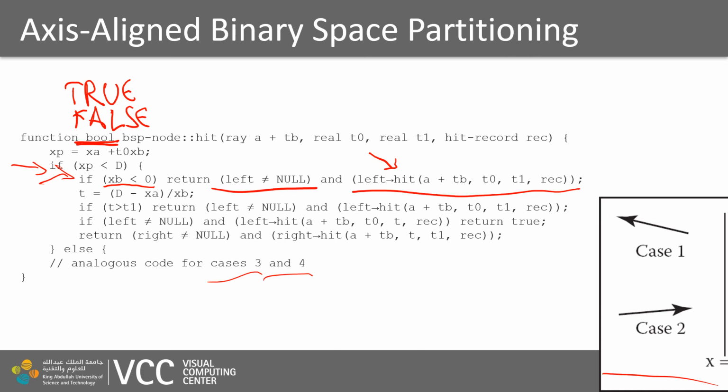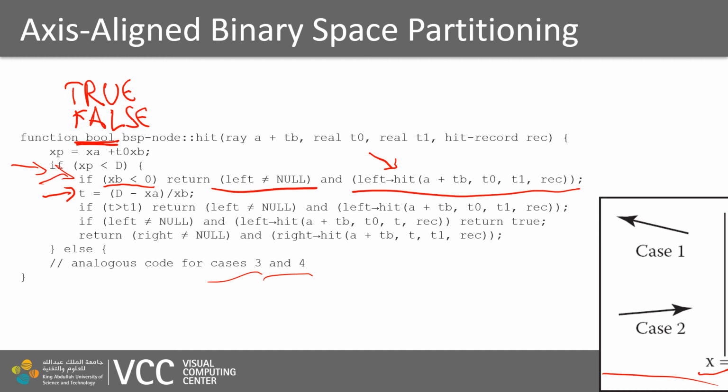If the XB is not smaller than 0, then we are proceeding further. In this case, we first need to calculate the T, which will be the intersection with our partitioning geometry, in our case, the line x equals D, and we need to find out what is the value of the parameter T at this intersection, because we need to then evaluate our intersection on the left side with a smaller interval than the previously defined